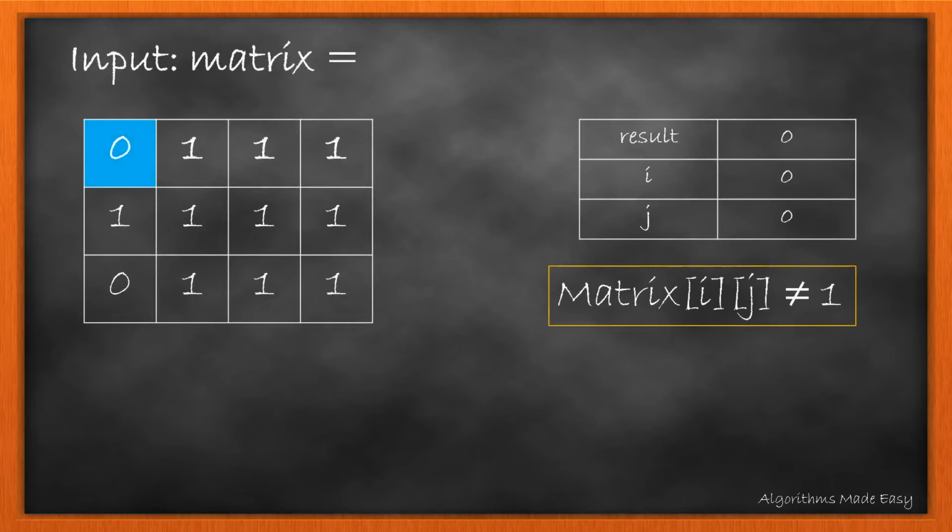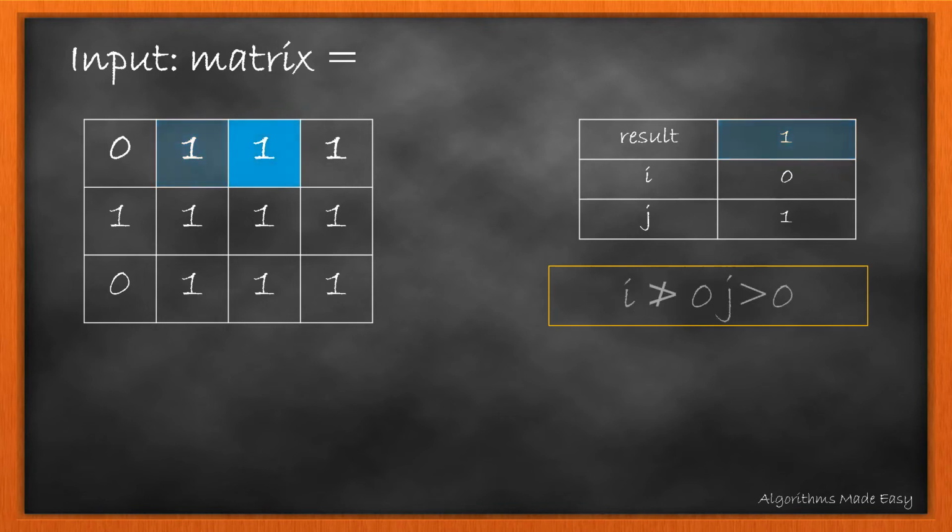We traverse from left to right and top to bottom. For this element, the value is 0, so we move ahead. As this is an element of the first row, we increment the result by 1 and move ahead. Repeating the same with this element, the result now becomes 2. Again, as this is the first row and the element value is 1, we increment the result. As this is still an element of the first column, we just increment the result variable.